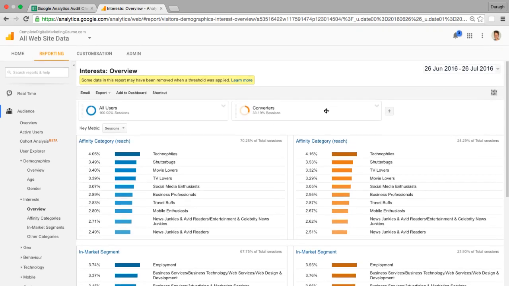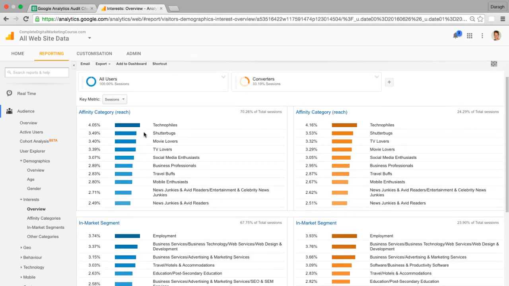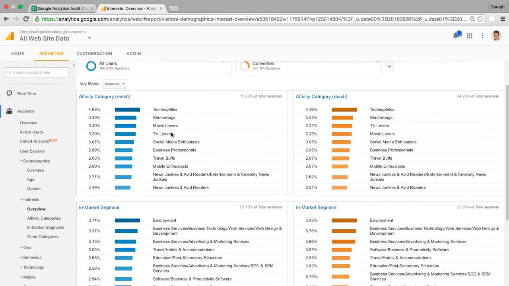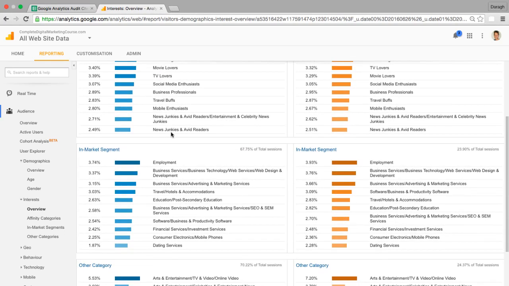Now I still have this converters segment showing, so these are the converters and these are just the visitors, and I can see side by side whether the visitors and converters are interested in the same thing. So I can see that a lot of people are technophiles, shutterbugs, that means they like cameras, movie lovers, TV lovers. A lot of this is quite general, so let us move further down to see if there's any more